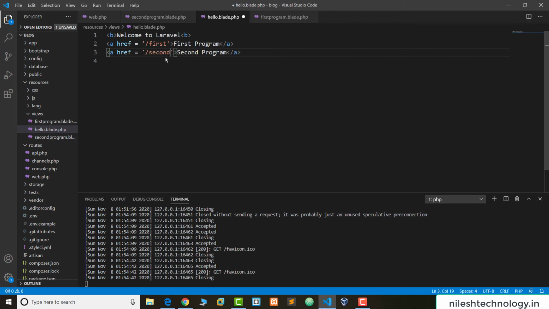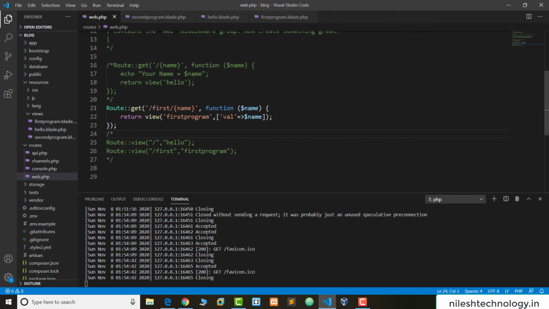So we need to set this first and second tag in the configuration file, the web.php file. Go to here. We need to change this value to just first. This is my regular tag, or here we are using the last one. So uncomment this section, and we just add one more thing here. This is my default route slash first, and this is the second program.